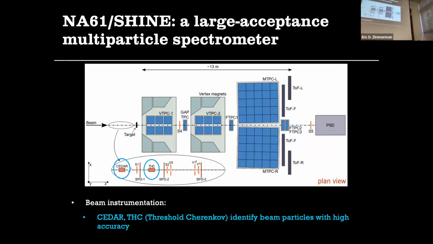Then we have a couple of particle ID detectors in the beamline. One of them is called a CEDAR. This is a standard device that uses a Cherenkov ring to identify particles. It's actually a very clever detector. It uses a series of mirrors and 8 phototubes that focuses the Cherenkov ring on these 8 phototubes. So if the Cherenkov ring is the right radius, all 8 phototubes will fire in coincidence. Also a threshold Cherenkov detector can be used, so we can really get very high accuracy in identifying our beam